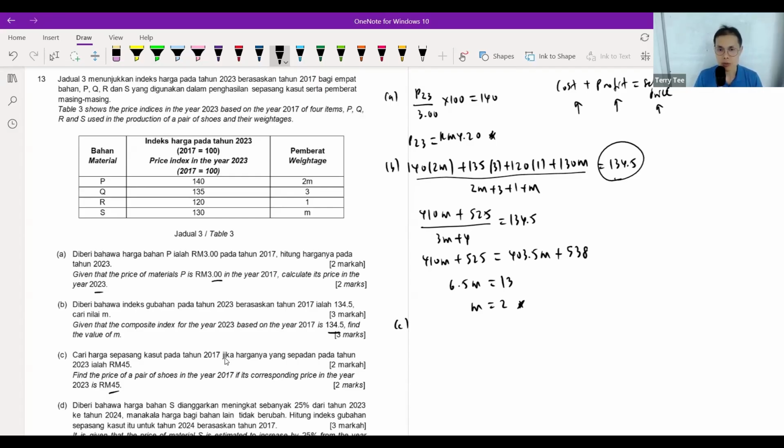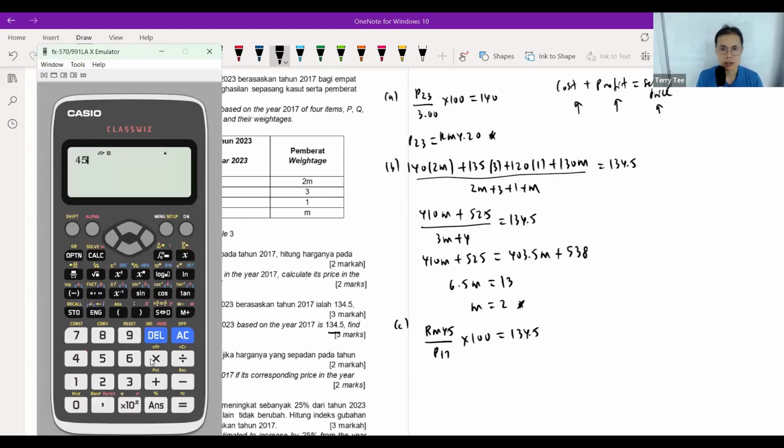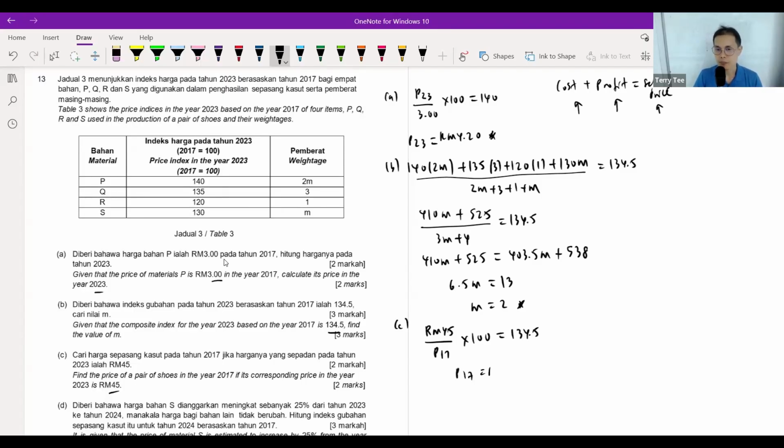So the price in 2023 we know is RM45. The price in 2017 we don't know. You multiply by 100. Your cost has gone up by 34.5%. So we find the price in 2017. Take 45 times 100, divide by 134.5. Bring the P17 up, bring the 134.5 down. You should get 33.46. Round off. P17 is 33.46. Okay, last one,